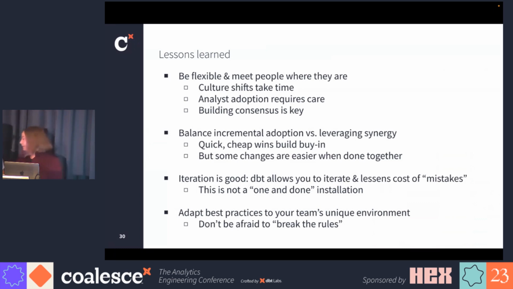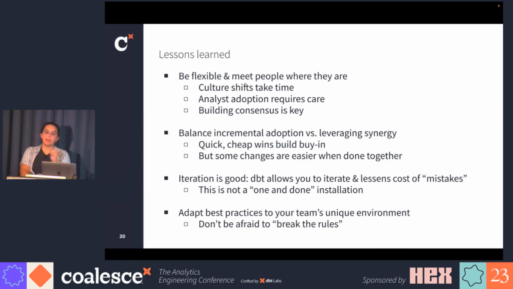So just to wrap up with some of the lessons that we've learned across these case studies, a big one is to be flexible and meet people where they are. We mentioned that you may be working with folks for whom things that people sometimes take for granted, things like Git and version control, may be new. And so you have to make sure that you meet people where they are,